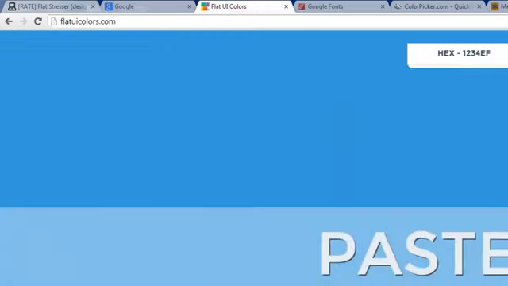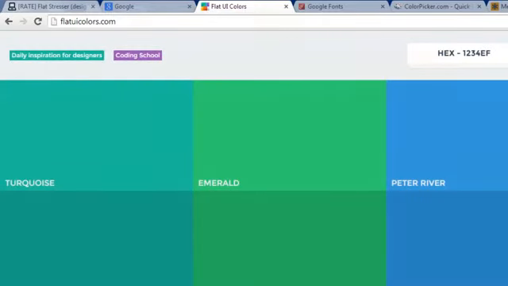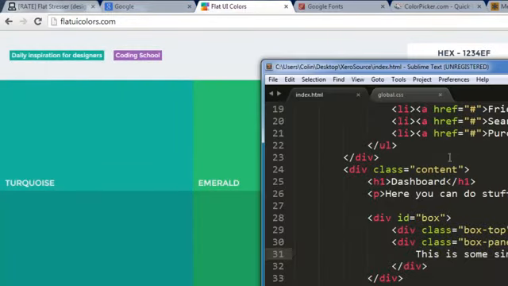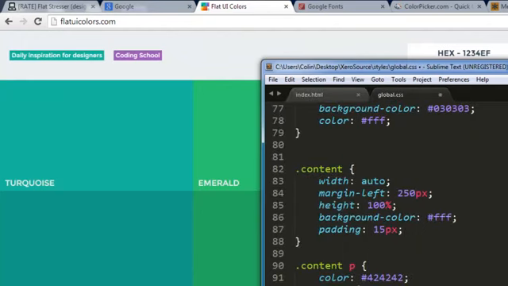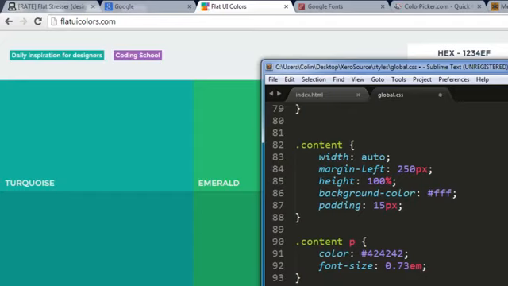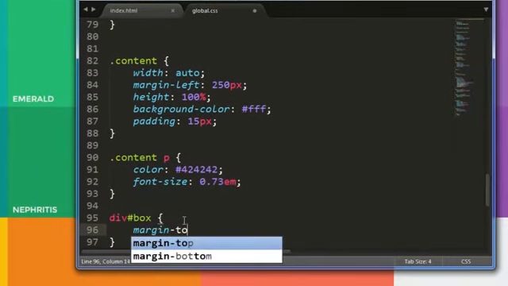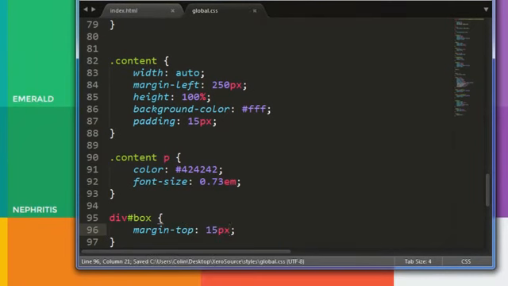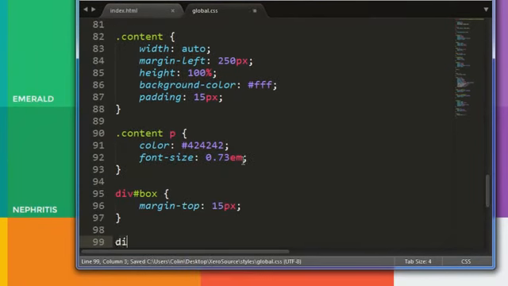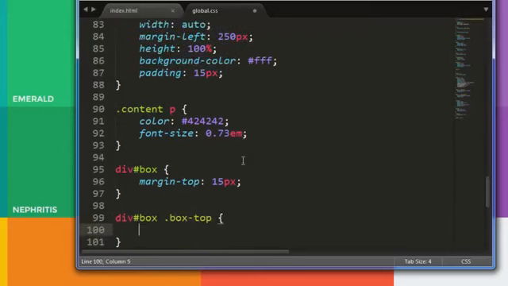Let's go with Billy's hole, where this is. Beliefy hole, I'd call that. A bit weird, but yeah. That's the colour we're going to go for, but for the box header, so that's why I copied that just there. So div box, the width's always going to be auto, and let's shift it down, so margin top 15 pixels, and then do div box top, and make the colour of that a nice light white,